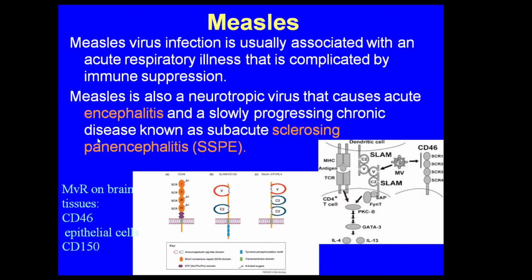So you have to remember that measles is a neurotropic virus, and the complications it may cause are, for example, acute encephalitis. This is the direct complication of acute measles virus infection. But apart from acute encephalitis, it may cause a very slowly progressing chronic disease of the brain called subacute sclerosing panencephalitis, SSPE. I hope you understand what panencephalitis is, like Pan American. The flights through the whole of America, panencephalitis, when all regions of the